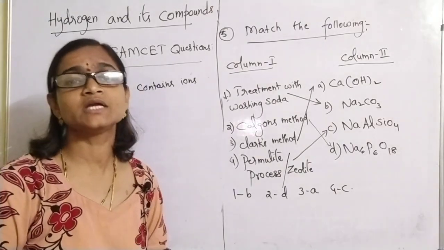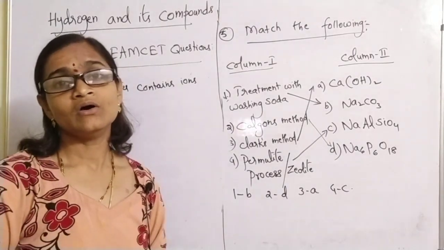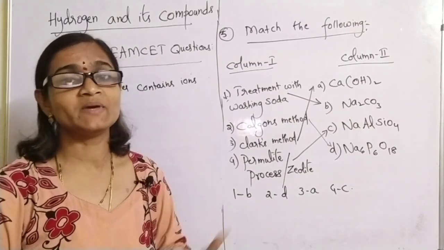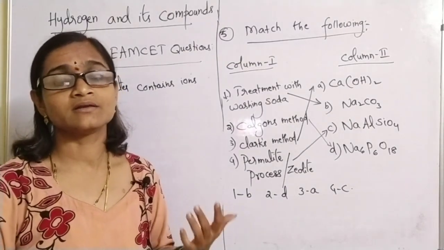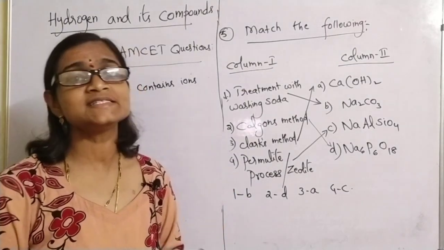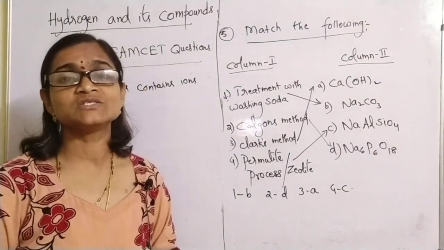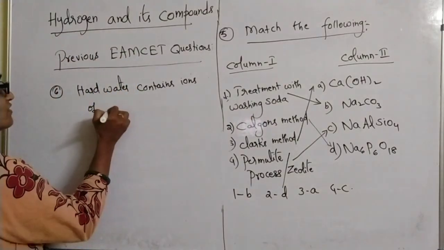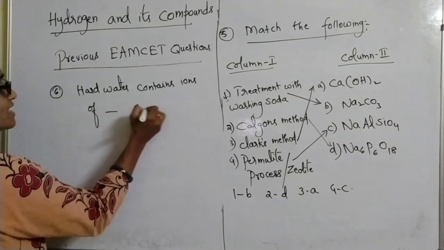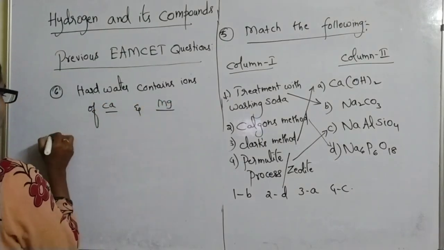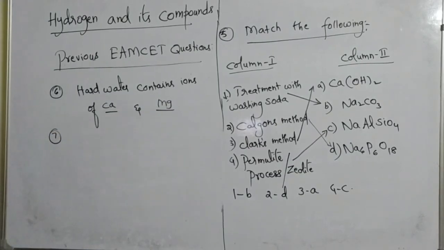Water is said to be hard water if it contains chlorides and sulfates of calcium and magnesium present in it. So hard water contains ions of dash and dash, means what you will write, calcium and magnesium. I am not giving the options here, it takes little time. Okay, and next,